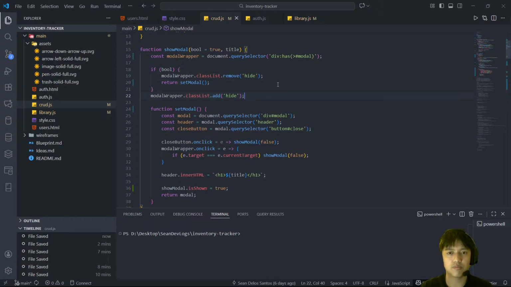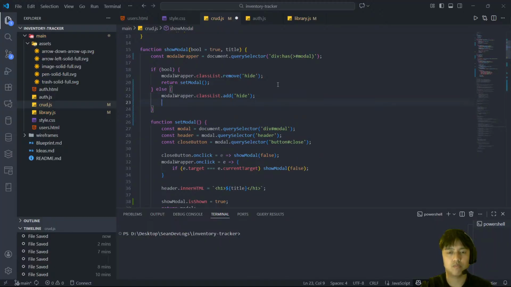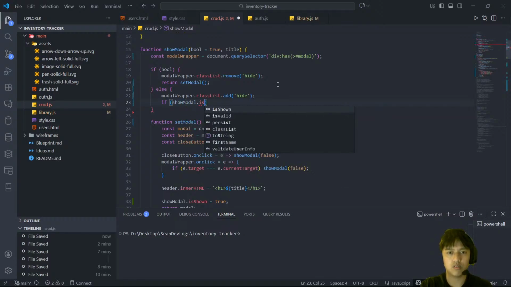Then I'm gonna add an else block here. If show modal dot is shown, then